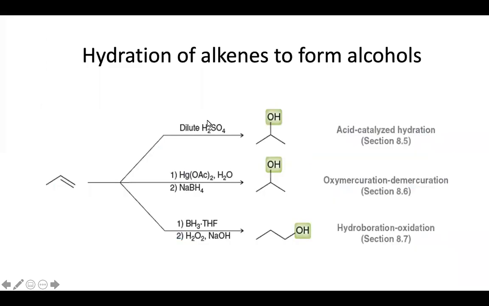By three methods. The first method is that instead of using a concentrated sulfuric acid, we use dilute sulfuric acid. And this is what we call acid catalyzed hydration. Second, we can undergo oxymercuration and demercuration by introducing this reagent here. What's so special about this reaction compared to our first one is that the intermediate does not undergo carbocation rearrangement